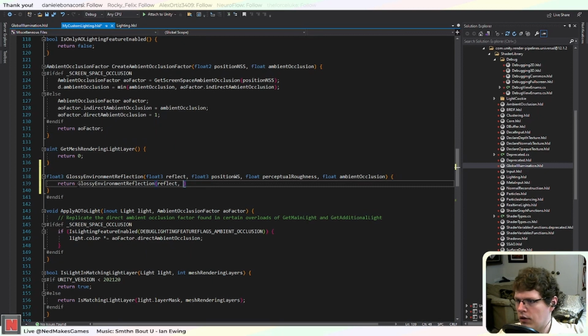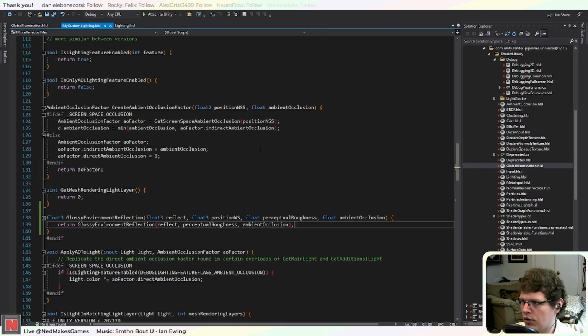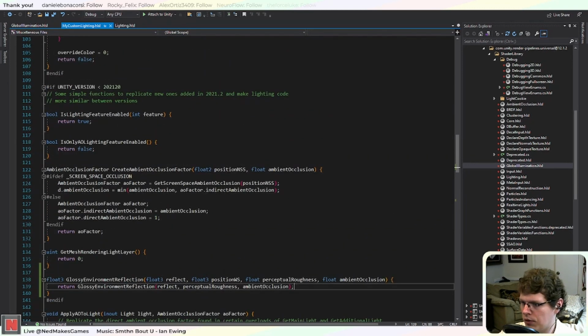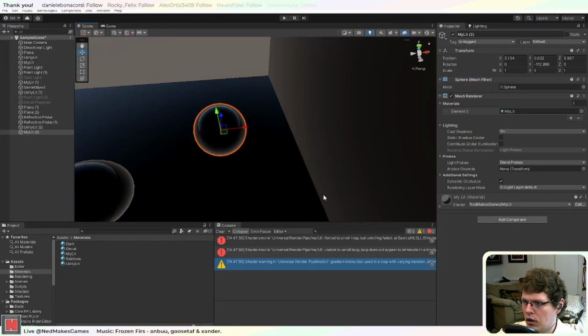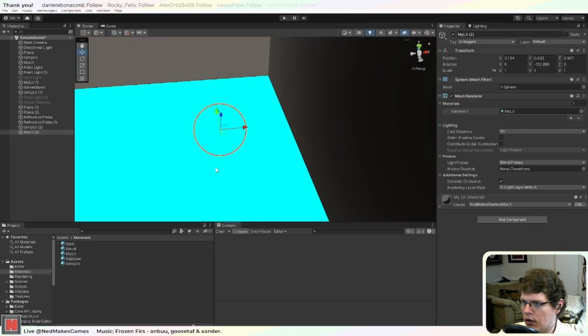Oh, and this is again just for compatibility with 2020.3, which does not have reflection probe blending and doesn't have a version of this function with a position argument. Okay, still throwing that error, but